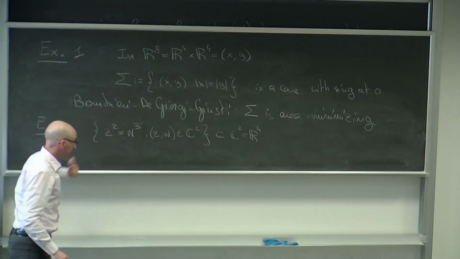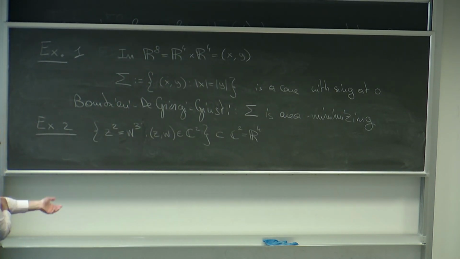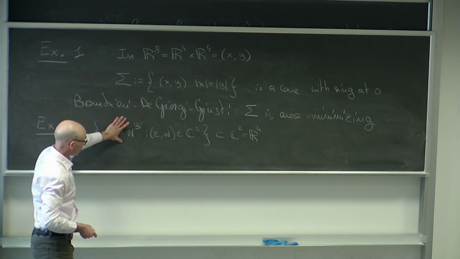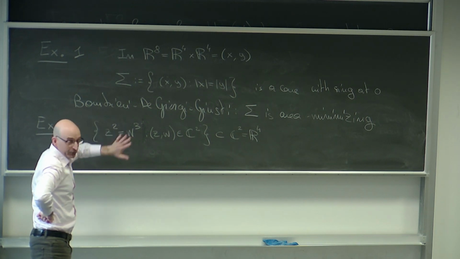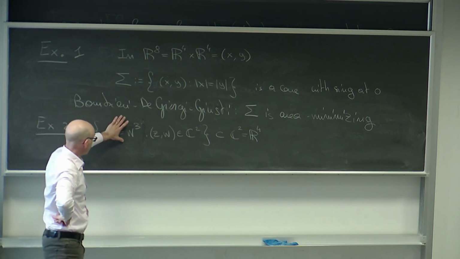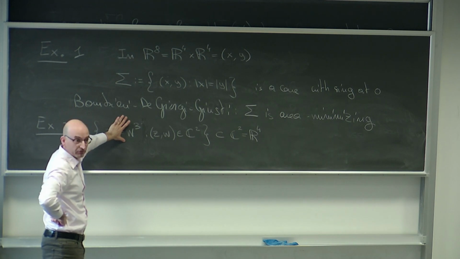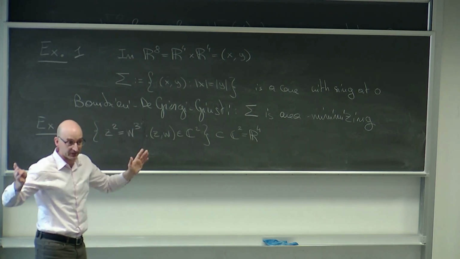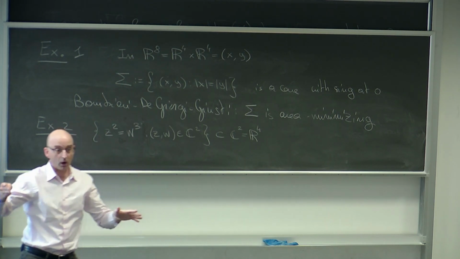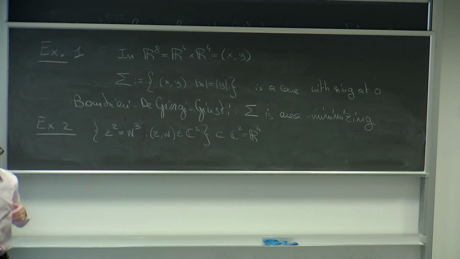Now, that this property holds for this particular algebraic curve is actually not a coincidence. In fact, the same property of being absolute minimizing works for any zero of any holomorphic function in arbitrary dimension on the complex space. In fact, it's much more general. It works on Kähler manifolds as well. So it gives you a huge amount of